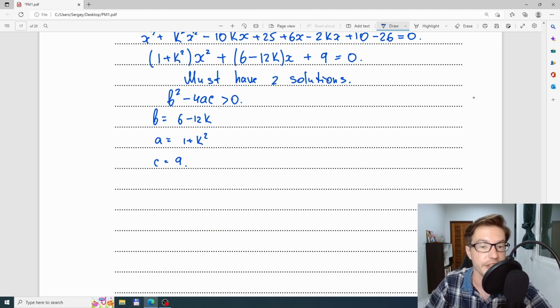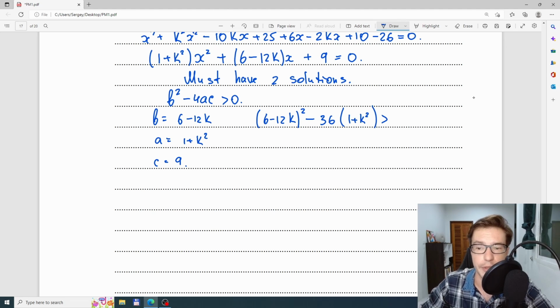Let's substitute this into b squared minus 4ac, and we will get